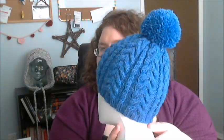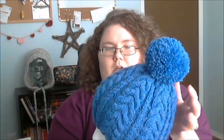And honestly, the difference between how I normally make my pom-poms and this is vastly different and way better. These are way better than the way I was doing it before. Full disclosure, it is. I made a pom-pom for that hat I finished last time. This is the cabled hat by,